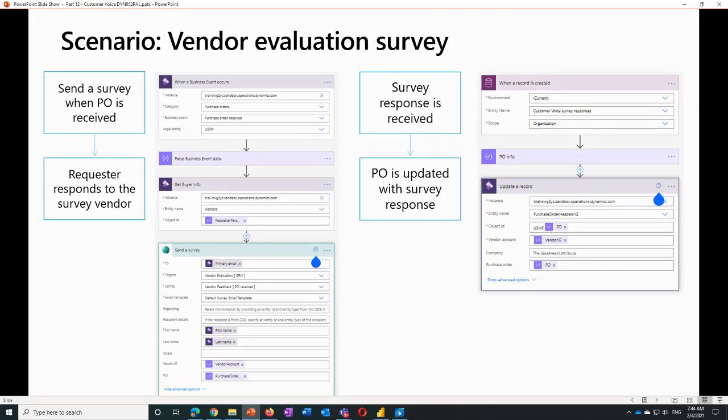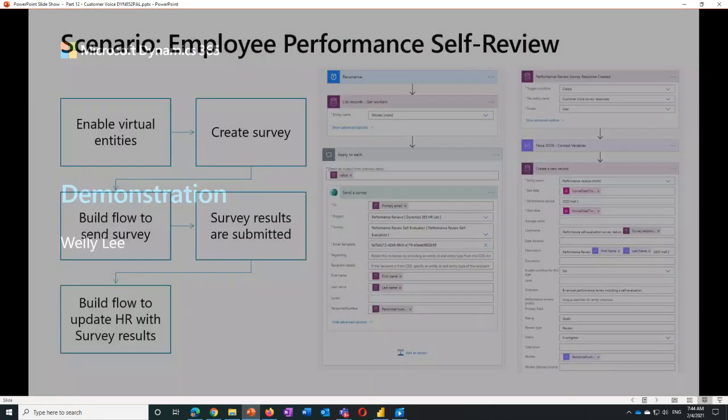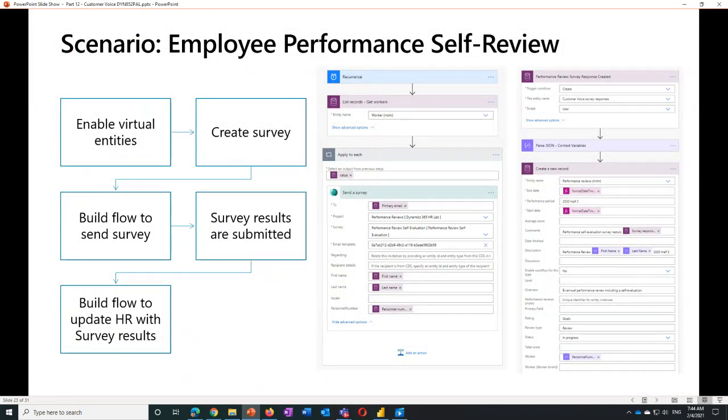Let's take a look at another use case for employee performance self-review. Rachel? Thanks, Welly. So in this example, I'm using Dynamics 365 Human Resources, and I've enabled the virtual entity for